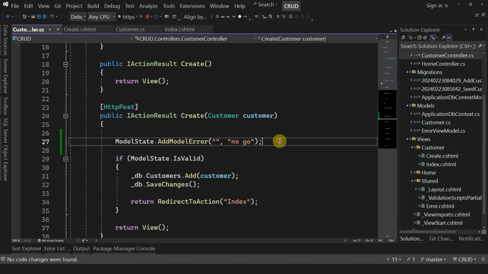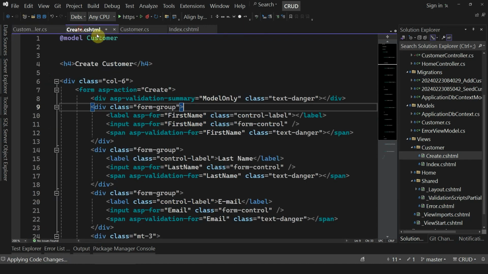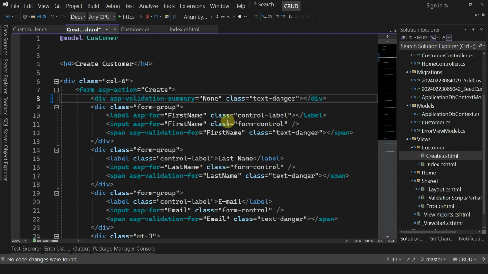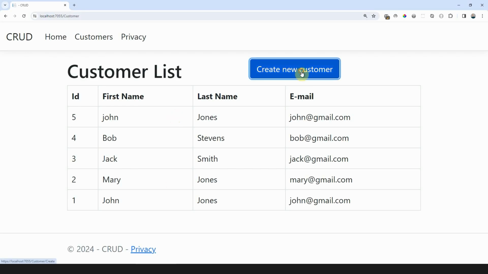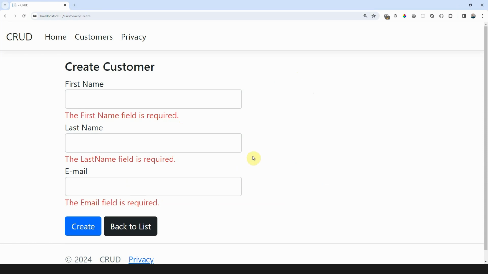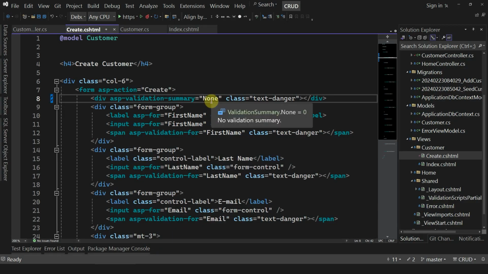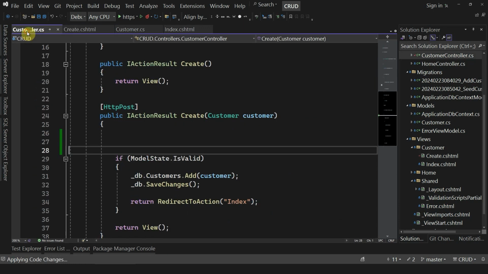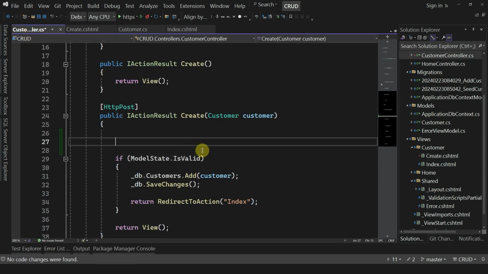Now let me get rid of that actually and add some custom validation. And let me before that just have this as none, which just means none. Okay, so if I go to create and create, I simply will not have anything there. So I'm just going to have that as none. I don't want to see it, but for the custom validation, what I want to check for is that the email doesn't already exist. Okay,